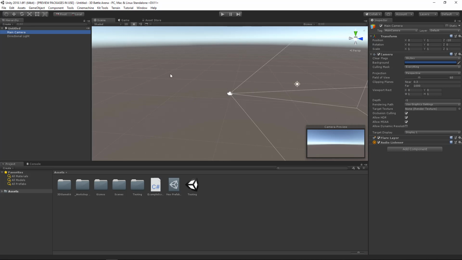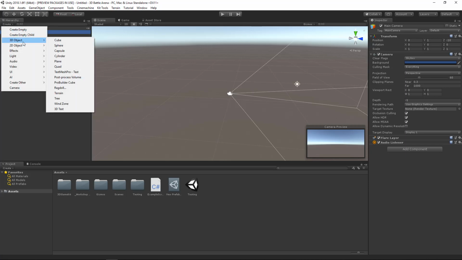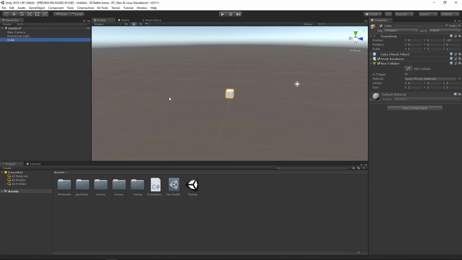So now that we know how to navigate, we've used all of that and even some of the keyboard shortcuts, let's talk about manipulating game objects in the scene. So what I would do is go ahead and go over to the hierarchy, go to Create, and create a 3D cube. By setting this cube in the scene, this will allow you to move objects around, be able to rotate them,